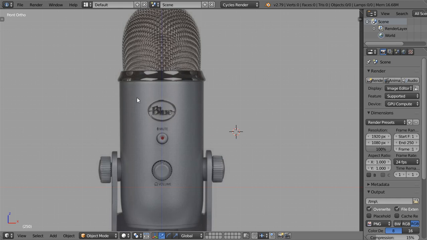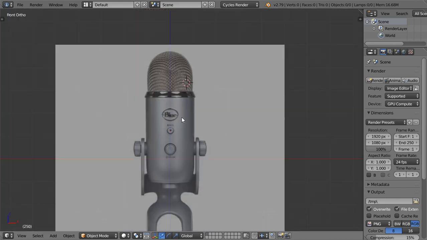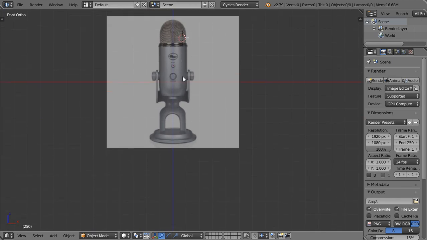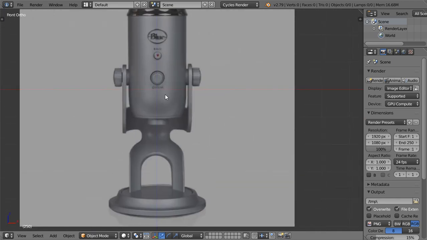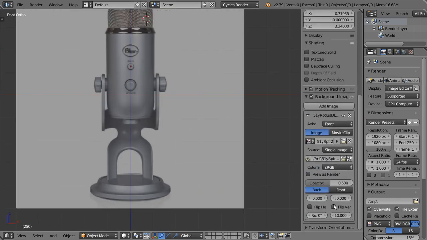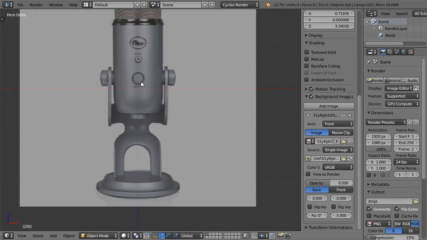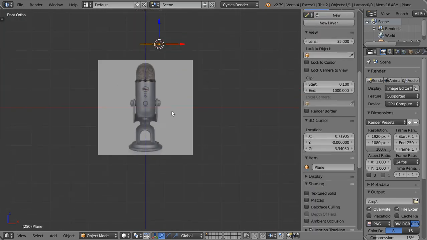Hello and welcome. Today we're going to start a new tutorial, and in this tutorial we're going to see how we can make this modeling of this mic. So I have started to drop this background image, and the size maybe, let's say, if we want to make it to real size,